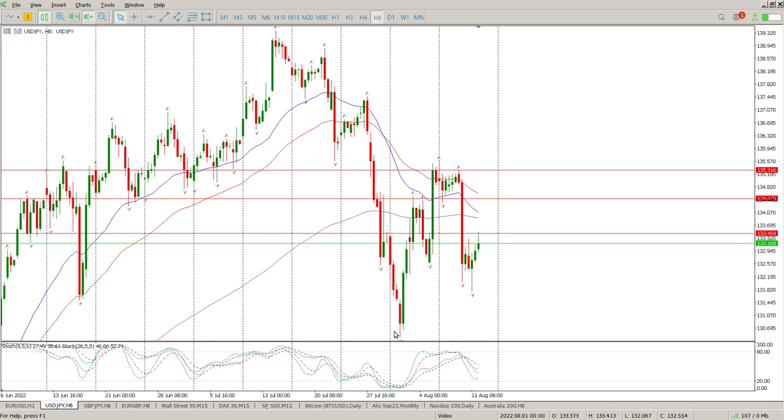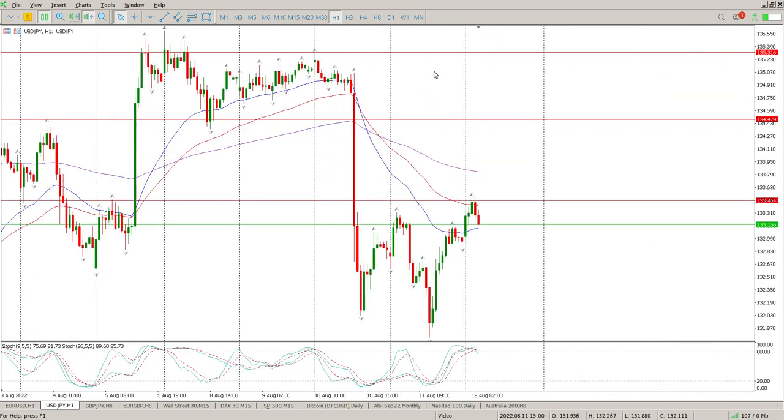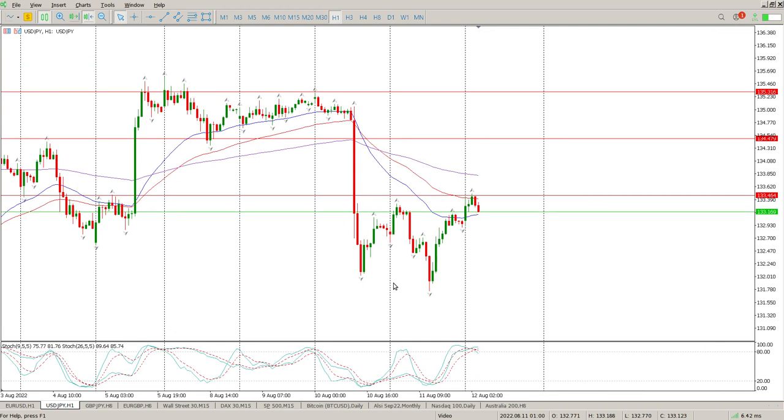Exact same picture here. Big ups, big downs. We are sort of kind of looking to reject this area, but look at all these tails to the downside, tails to the upside. That just indicates extreme confusion, and everybody's trying to push this currency pair in a direction, and we're not really getting moving. This could indicate a rejection,